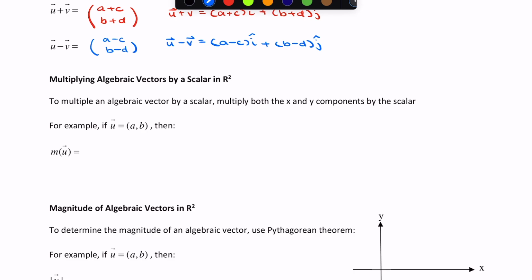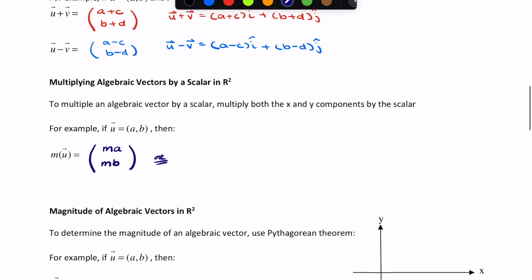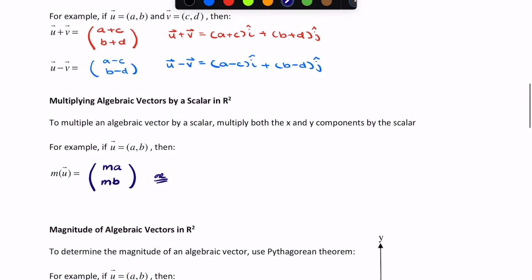For example, if we have vector u is equal to (a, b), then m, which is the scalar, times vector u means we multiply both the x and y components: m times a and m times b for the y component. And for writing it in standard basis form,